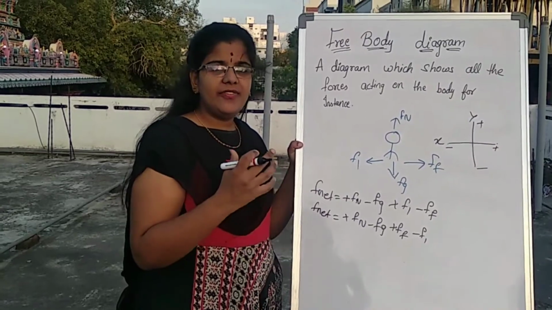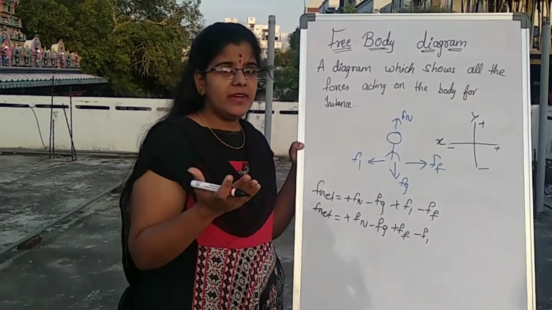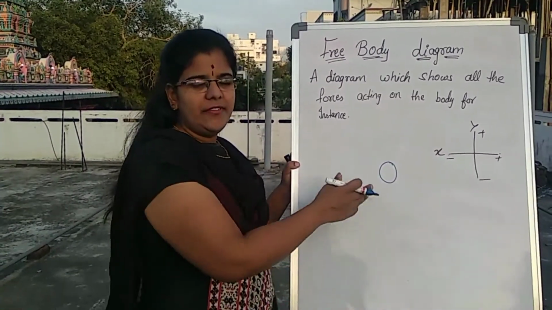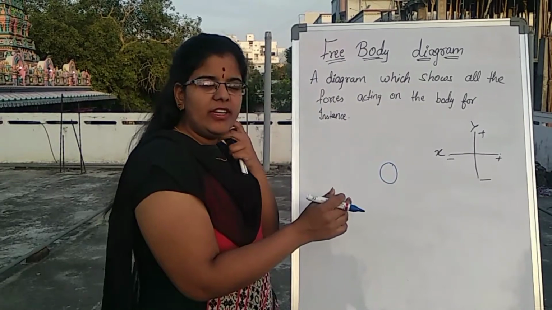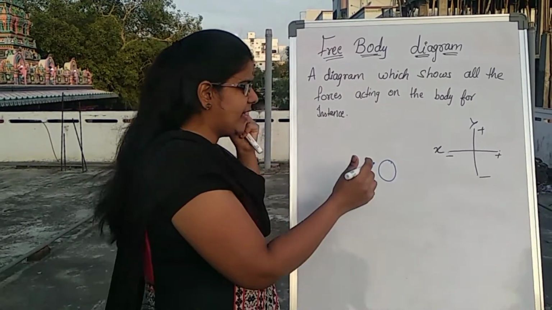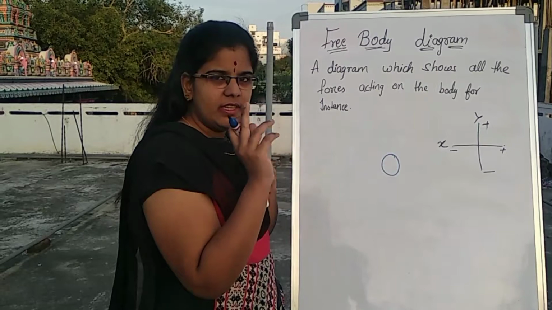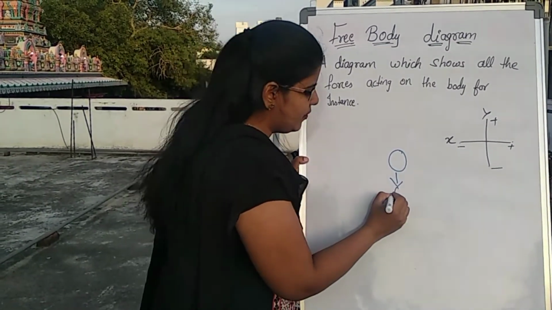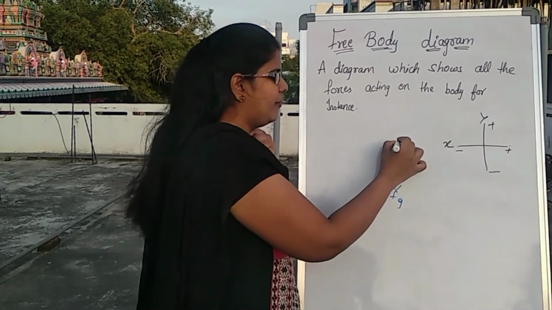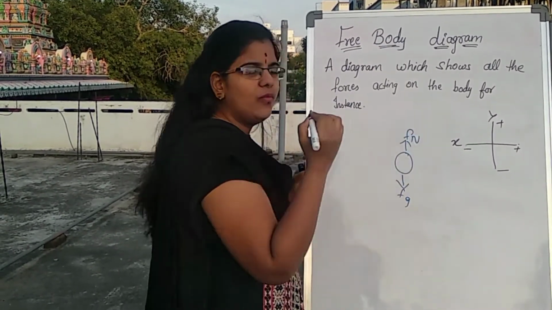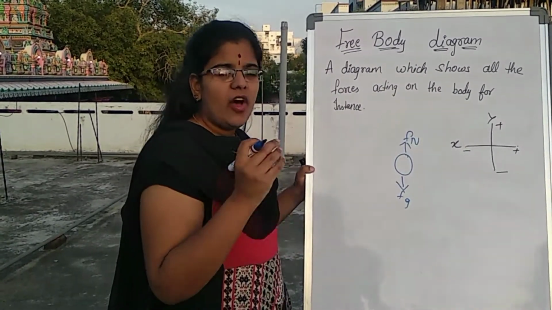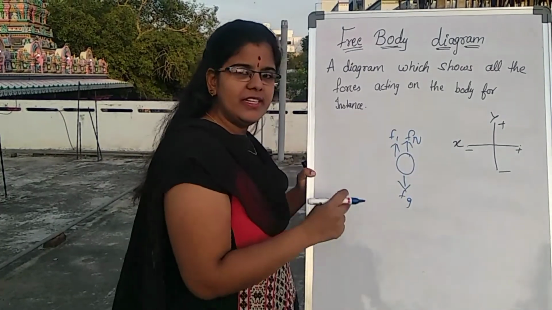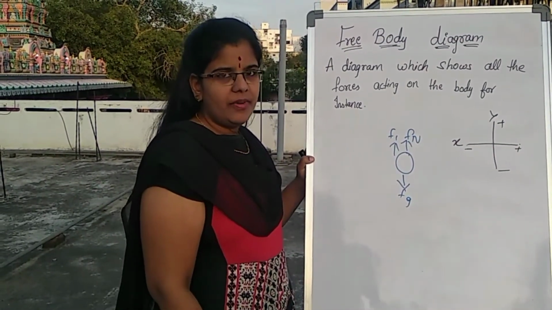Now let us see, if any object is thrown upward, then how will be the net force acting onto that object. Here we have taken a ball, and let us see what if it is thrown in upward direction. Whenever any object is there, two forces will be acting continuously. One is gravitational force, that is Fg, and in upward direction, that is normal force. Now what am I saying? That the object is thrown vertically upwards. So here the force applied, that is F1, is also in the upward direction.